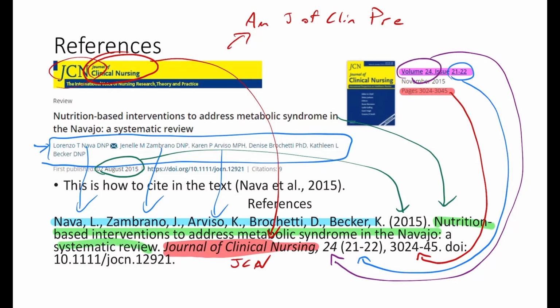This was more important back when journals were printed on paper only. And so if you wanted to know where to find it, it wasn't enough to just know the Journal of Clinical Nursing, because they had hundreds of issues that you had to go through. And so you would want people to know, the volume is usually there's a new volume each year, and then you can figure out which issue in that year it was in, and then what page. So this made it easier for people to find things without having to look through every single copy of that journal that came out. When there's a new copy every month, that's quite a lot.